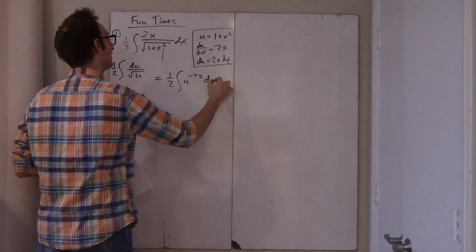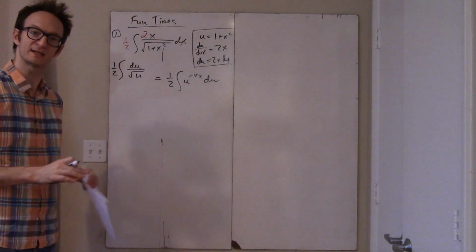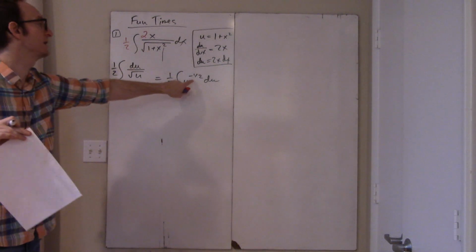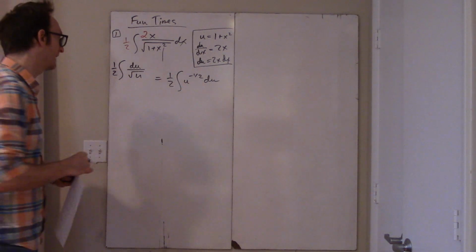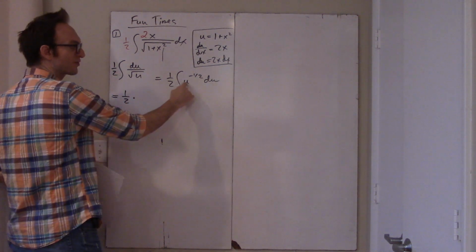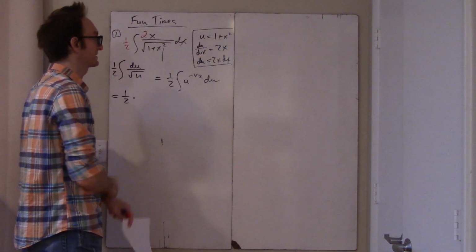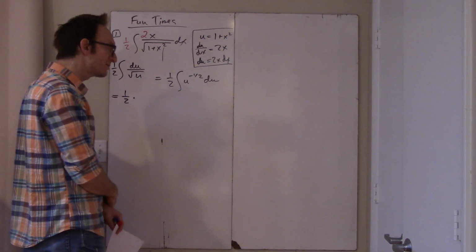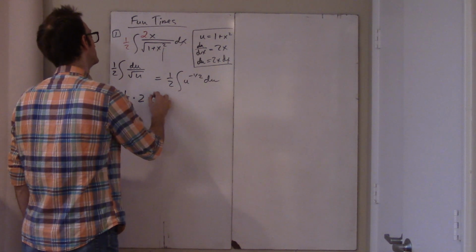negative 1/2. And now the problem has been greatly simplified, because I can just focus all of my energy on anti-differentiating u to the negative 1/2 correctly. So that's going to be 1/2 times, well, what is the antiderivative of u to the negative 1/2? You go up a power to 1/2 and you divide by that power. So when you divide by 1/2 you get 2, so this is going to be 2u to the 1/2